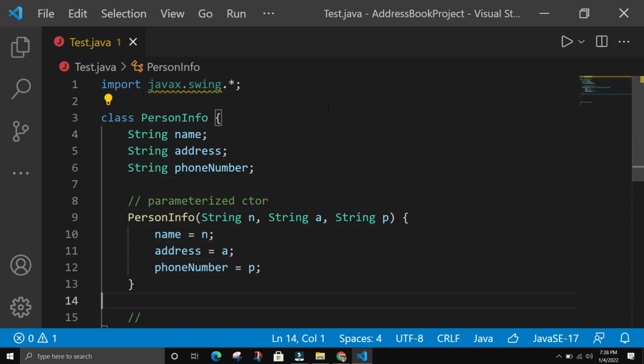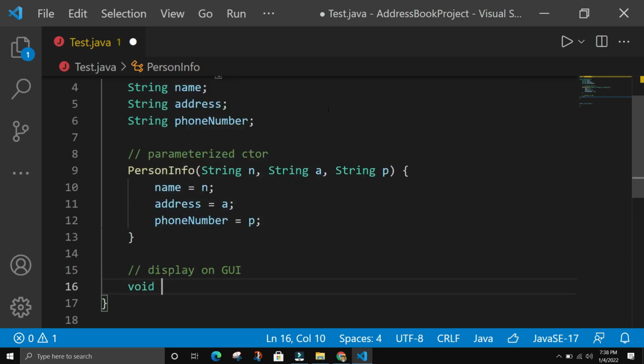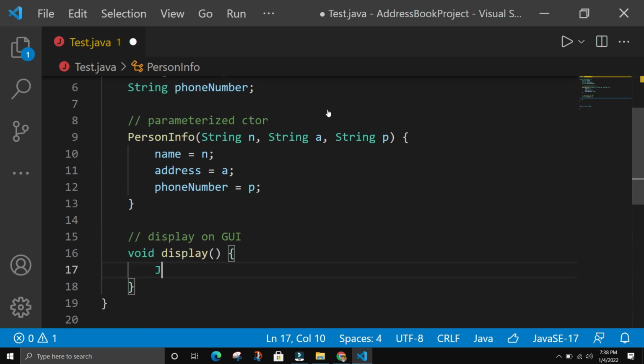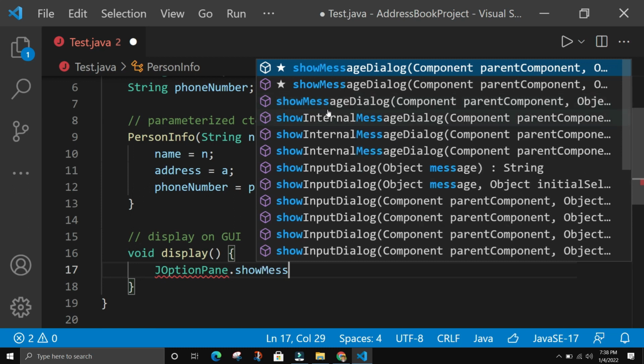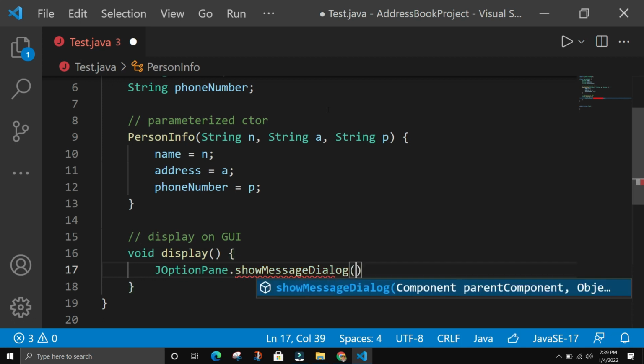And now let's go back here, and let's create a display function. And that we'll try to use the graphical toolkit for this. Display on GUI, and let's first, okay, let me put an S over here. Okay, now let's create the display function. So we're going to say void display, and here we're going to have just this following function. It's called JOptionPane.showMessageDialog, and then we have the first input parameter would be null,